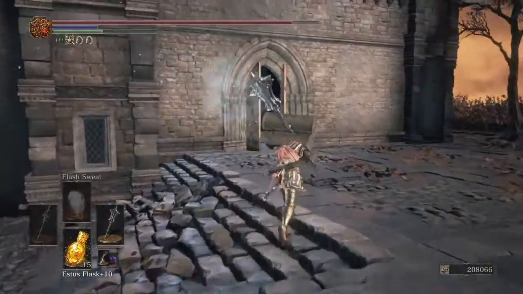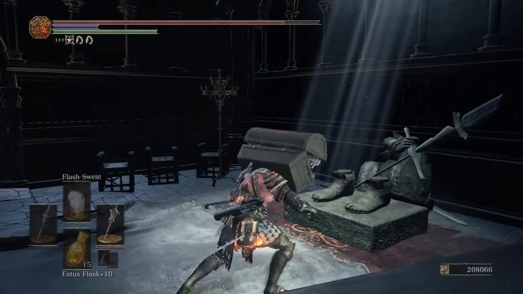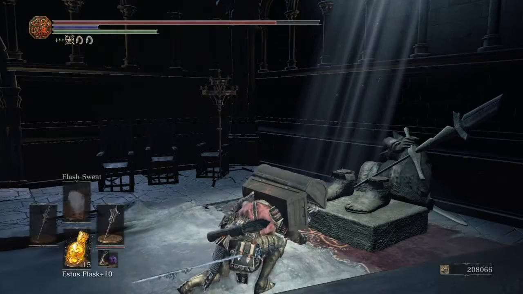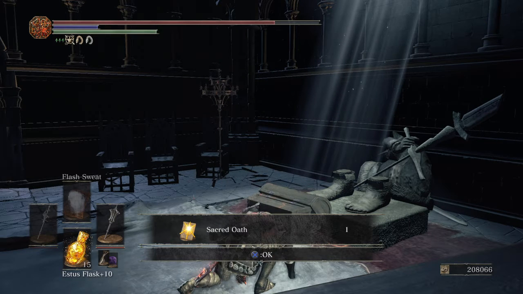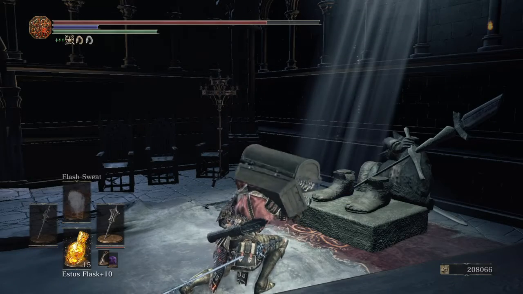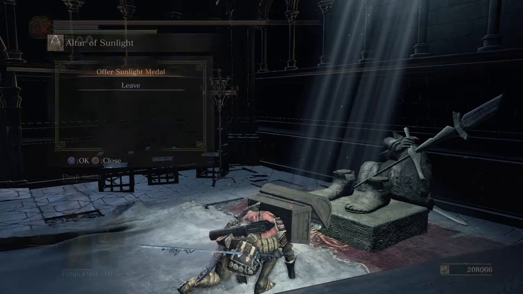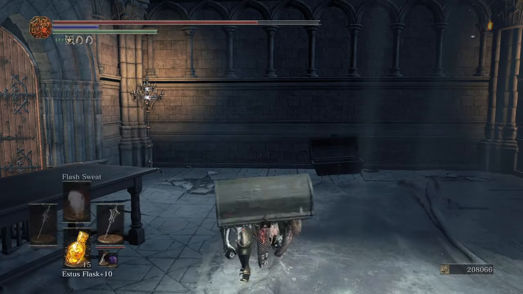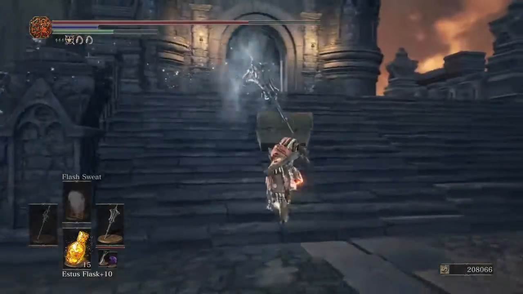we'll come over here for the final turn in. There he is. About half of them. Sacred Oath. And the other one. Great Lightning Spear. Master of Miracles. The Dark Soul is mine, it says. And finally, where I farm those up,